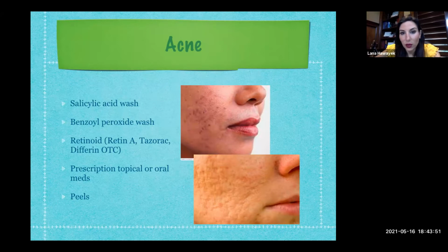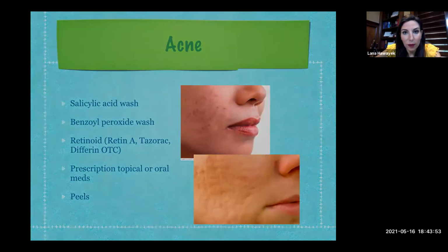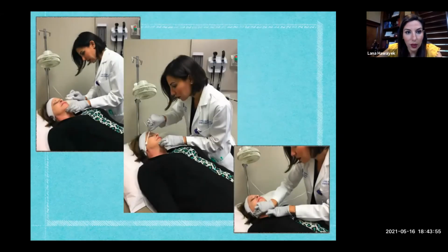Peels, like I mentioned, I do a lot of chemical peels. I think I have a picture. Here I am doing a peel. Sure, this is an adult patient, but remember, we see a lot of adult acne as well. So basically the patient lays down. I usually have a fan over their face because it helps if they feel any stinging sensation, depending on the peel. Some of them do cause a little tingling. Some of them are completely painless. And I just basically